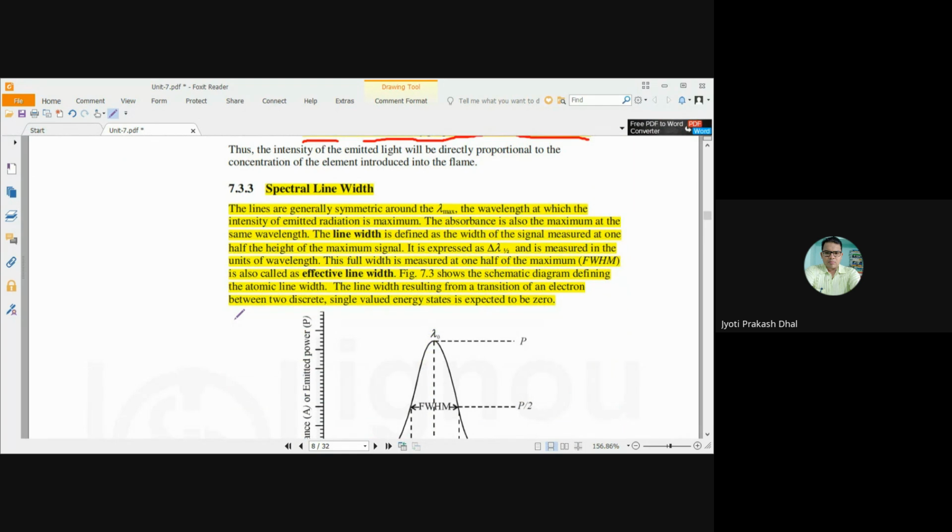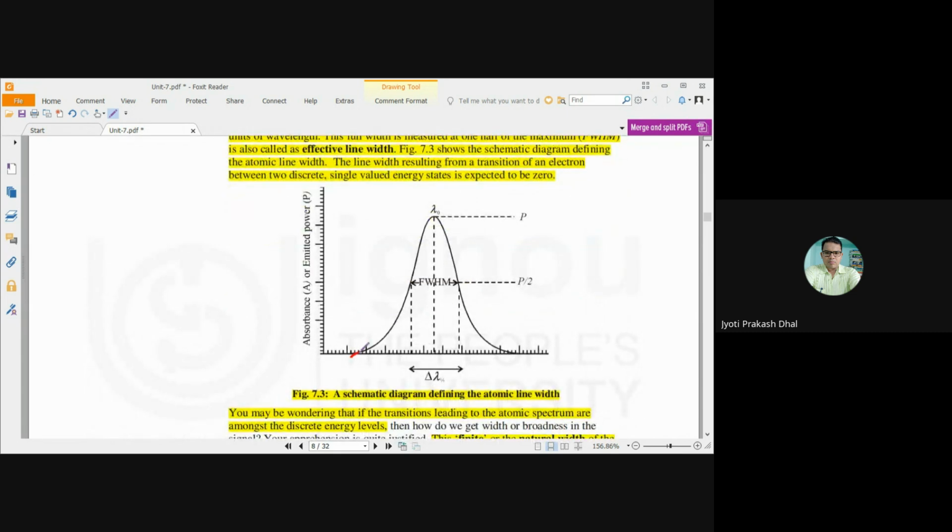Now coming to the next one, that is called spectral line width. The lines are generally symmetric around the lambda max. So here, if you consider this is a spectra, this is a peak, or this is a signal obtained by any type of sample. In this graph, the x-axis is the wavelength, change in wavelength,